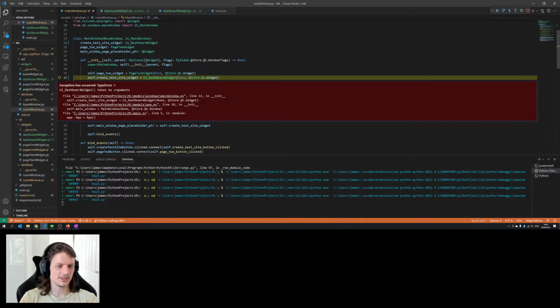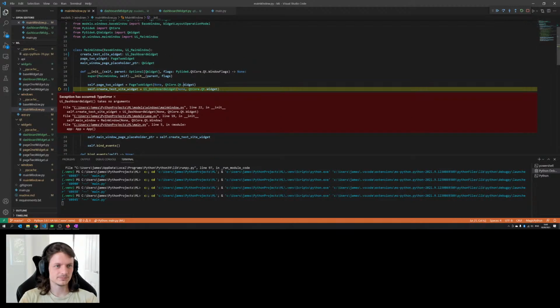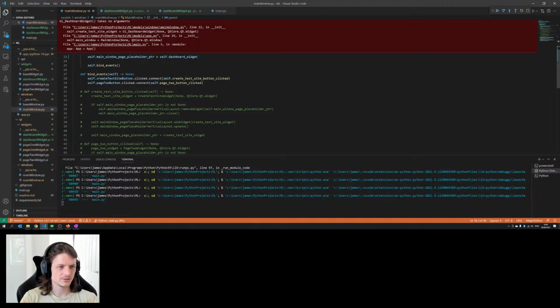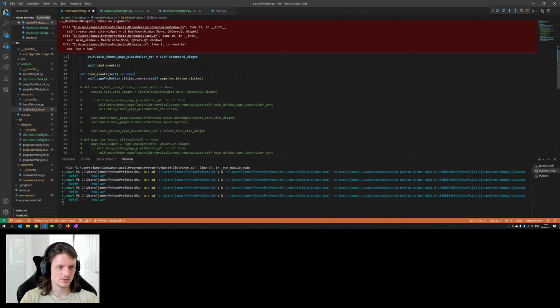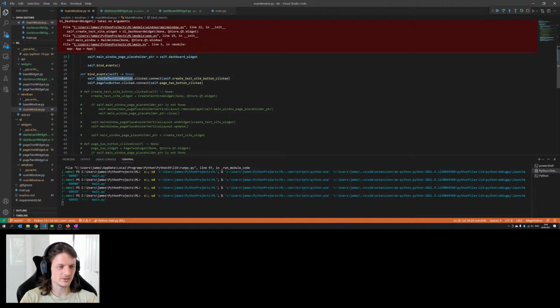UI dashboard widget takes no arguments. Dashboard widget. Don't need this anymore. Oh, actually though, it's going to be a dashboard button. I'll show you what that means in a second.